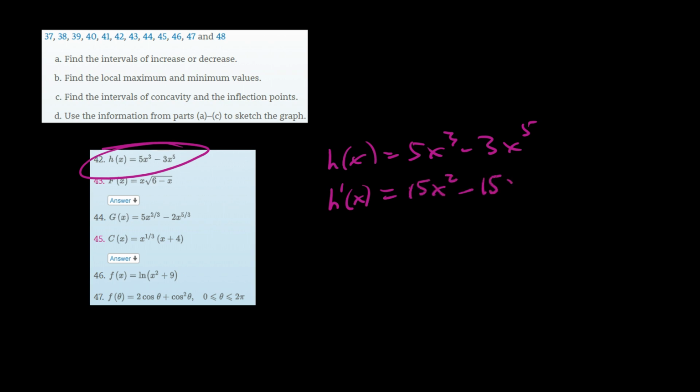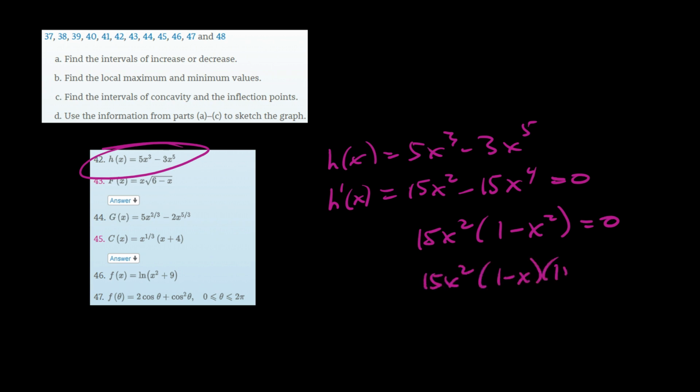So I'm taking the derivative right now. The fourth, and now let's go ahead and take the second derivative. Well, no, let's not take the second derivative. Let's just set it to 0. So we set it to 0, take a 15x squared out, and we get, looks like, 1 minus x squared out of that. And we get 15x squared times 1 minus x times 1 plus x. So our criticals are